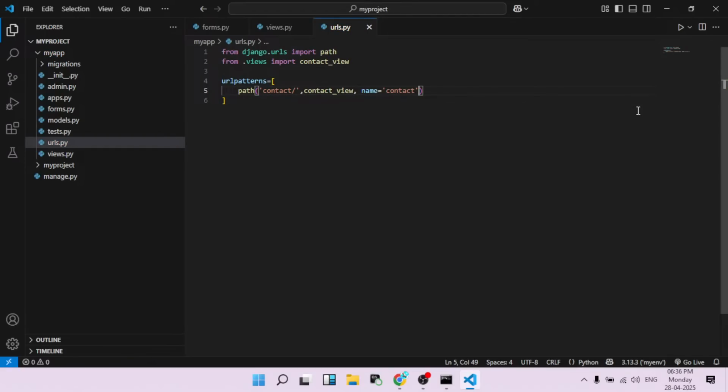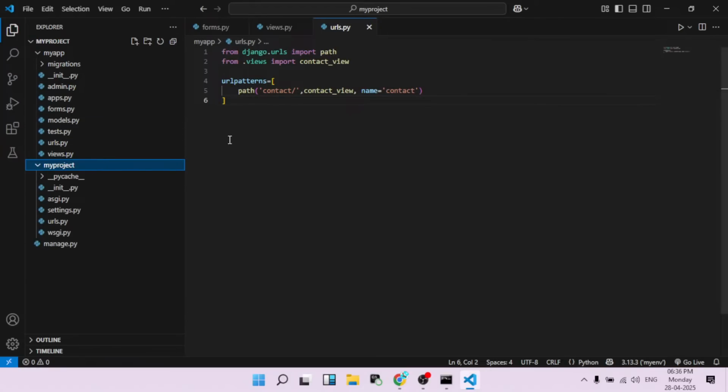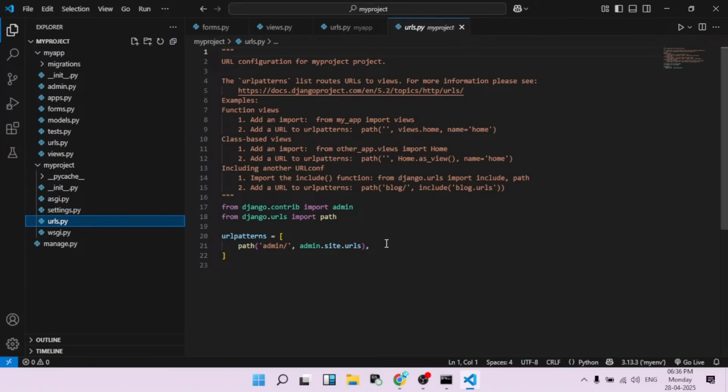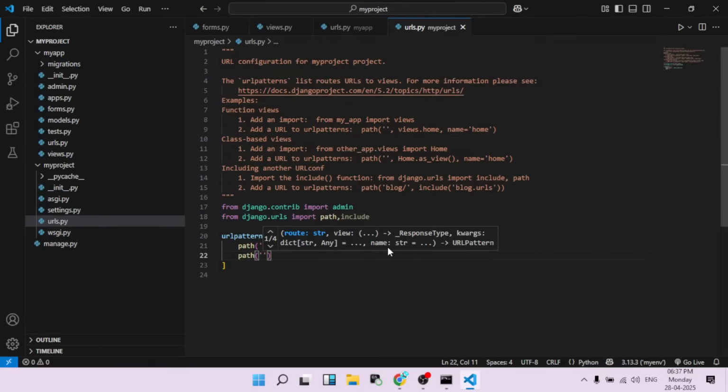Okay, now I save this. In my project I need to mention the same thing. In the my project URL, first I need to include using include. Because we need to include, I just mention path, and after that I need to mention it. It is default. It's having some comma include